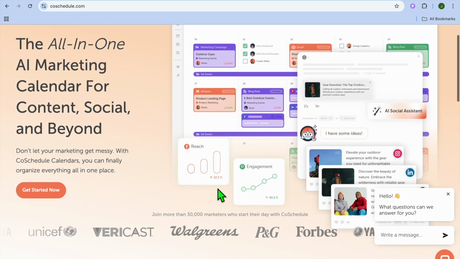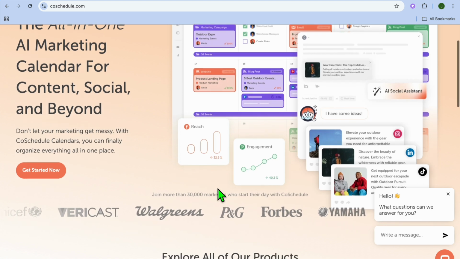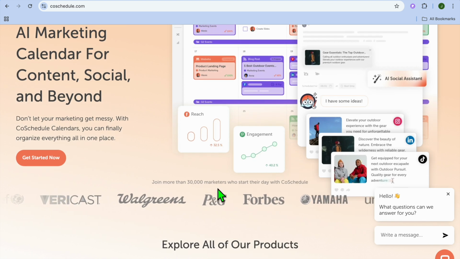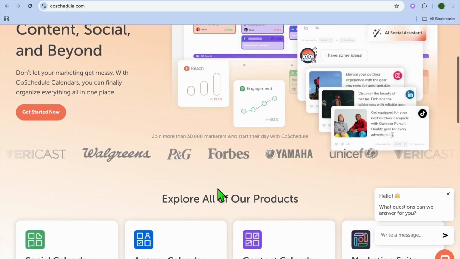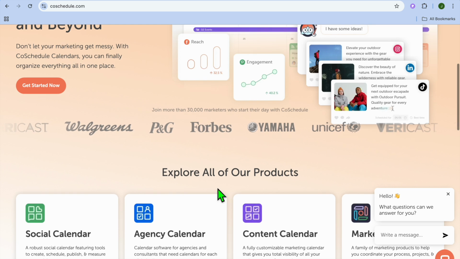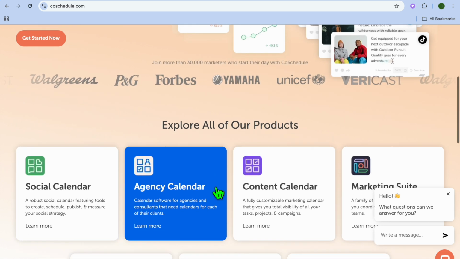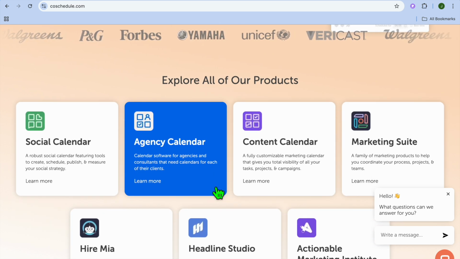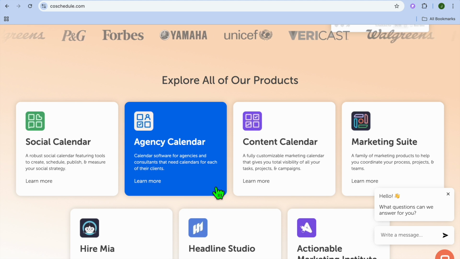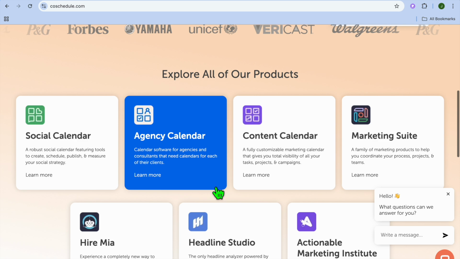CoSchedule is a marketing and content management tool designed for bloggers, content creators, and marketing teams to plan and automate campaigns. It focuses on social media scheduling, content marketing, and editorial planning. Some of its standout features are marketing calendar for content and social media scheduling, social media automation with bulk scheduling,